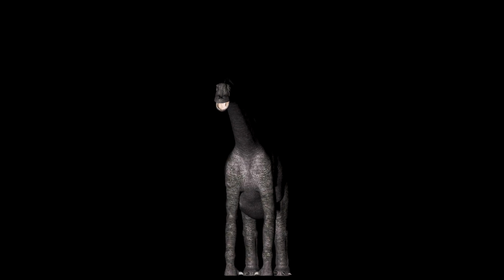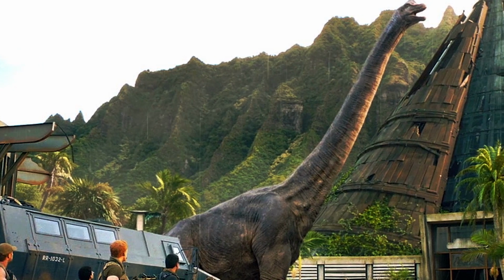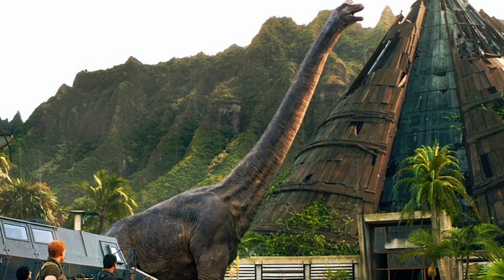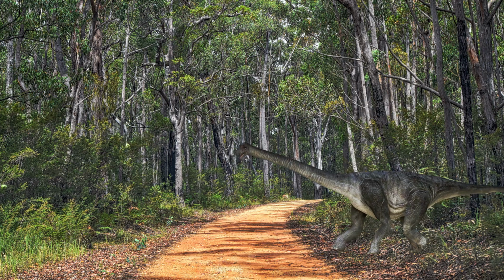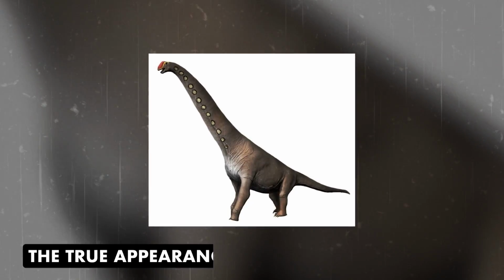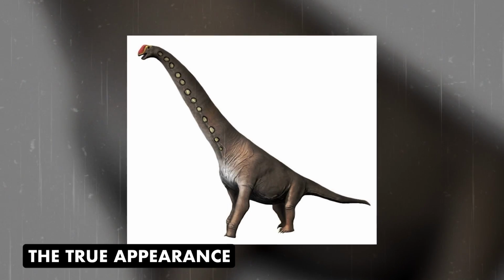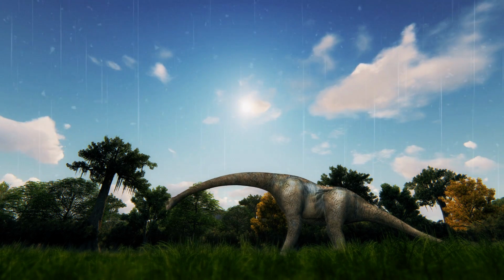The Brachiosaurus's appearance in Jurassic Park is not based on the true appearance of the genus. The animal depicted in the film is based on a different genus, which is a different story altogether. The true appearance of the Brachiosaurus is interesting, and is most important to understand the animal's history and to appreciate